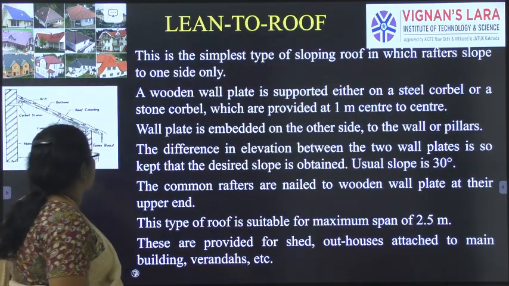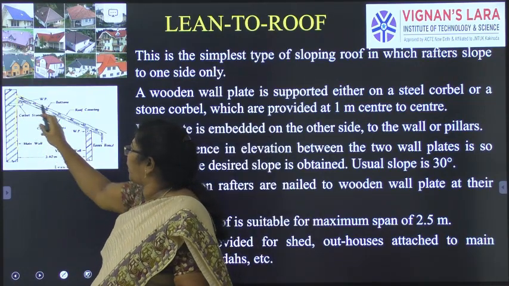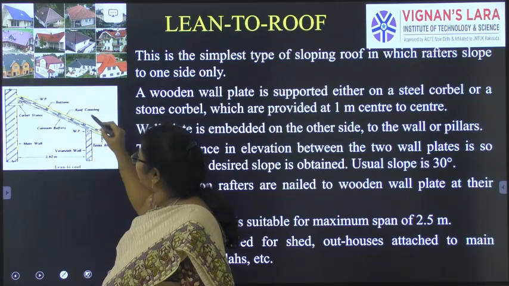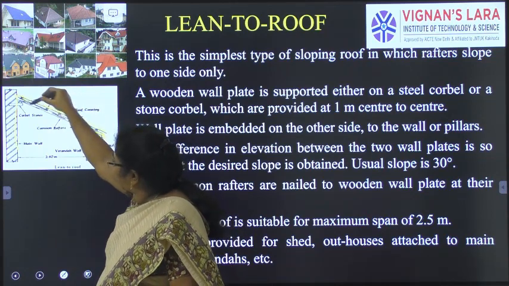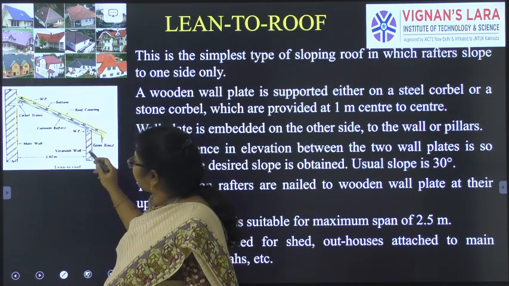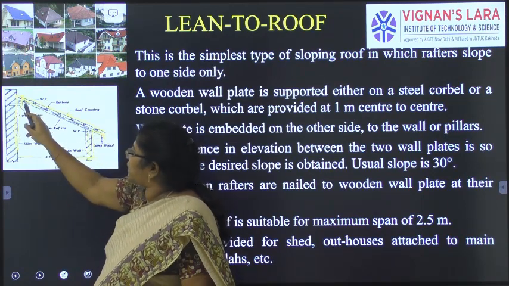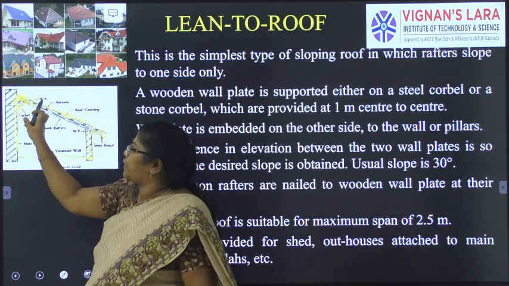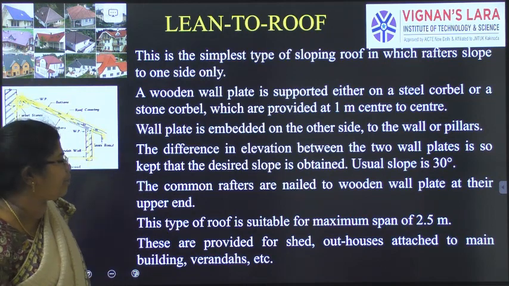First we will see the lean-to roof, which has one common column from where the roof is leaned on only one side. This we call the eaves board, this the eaves, this is the roof covering, this the battens, and this is a common rafter. No intermediate battens or rafters will be there. This is a veranda wall, and this is the main wall. This is a cobblestone. Cobblestones are required to keep the roof in position along with the walls. It is a connecting post, right?